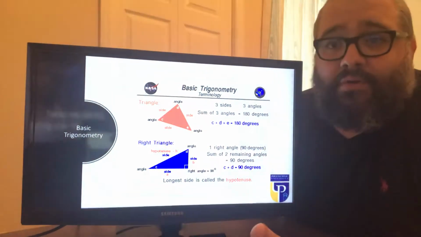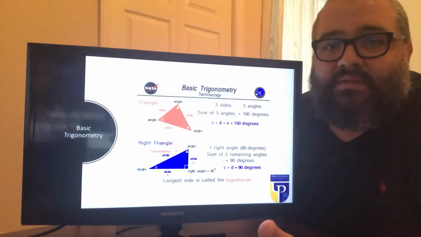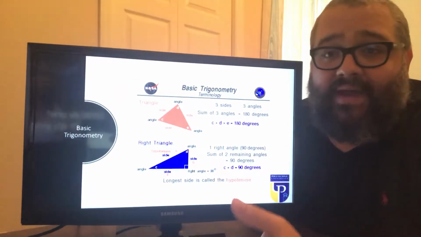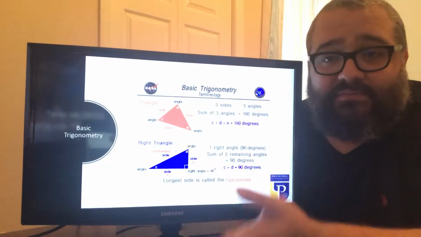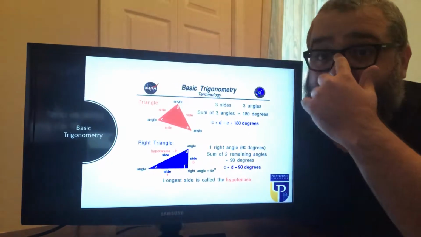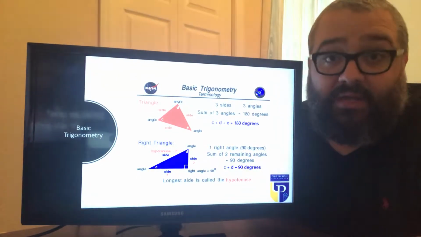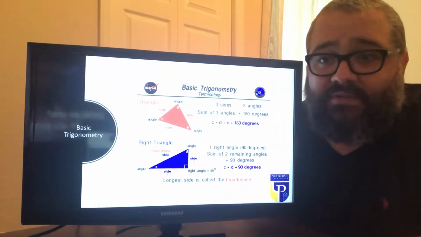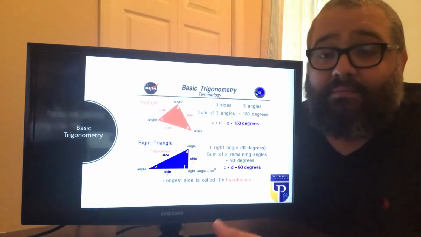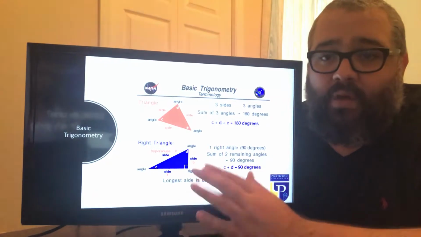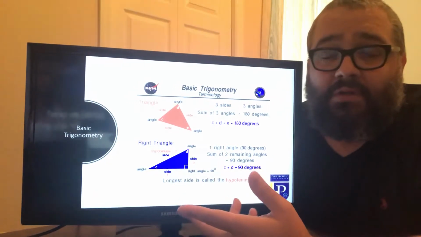So, in order to better understand certain problems involving forces, it is necessary to use some mathematical ideas from trigonometry, specifically the study of triangles. Most people are introduced to trigonometry in high school. There are many complex parts of trigonometry, but we will just stay with a general idea